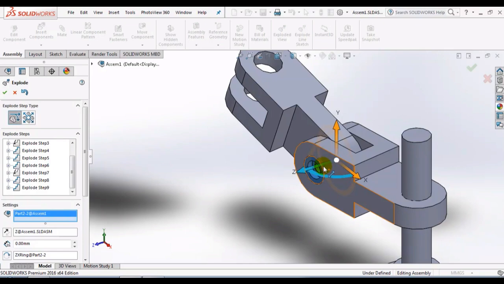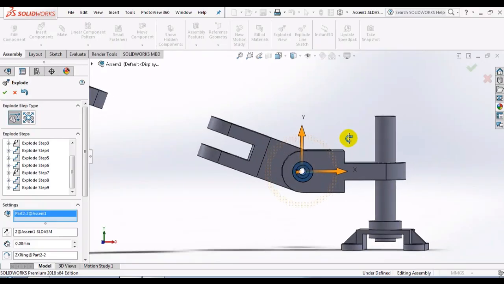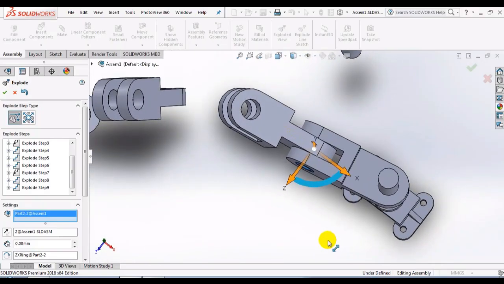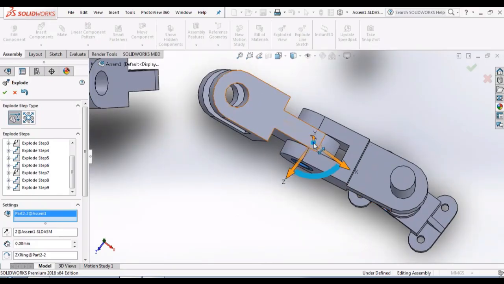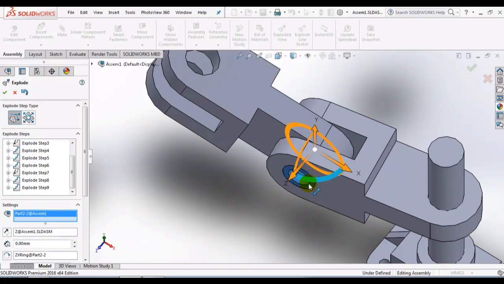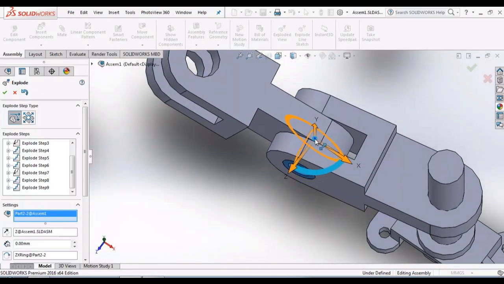Okay, so you can use a Z direction. Let's check this. Okay, so that's correct. Not correct, because Z direction is not properly aligned with cylinder. So let's make again a line to, and then select a circle on the hinge. Line to,